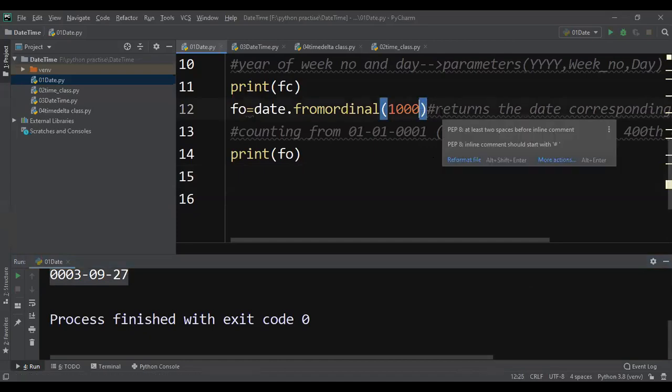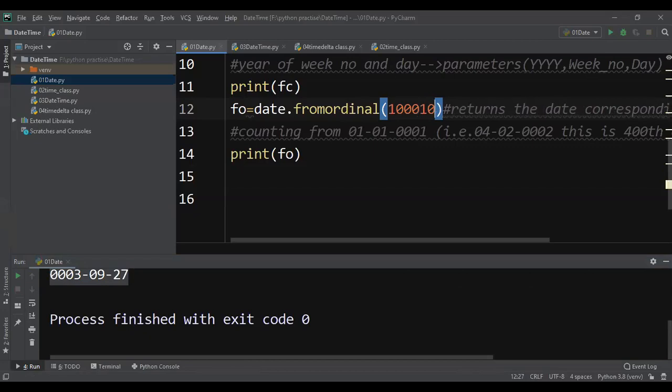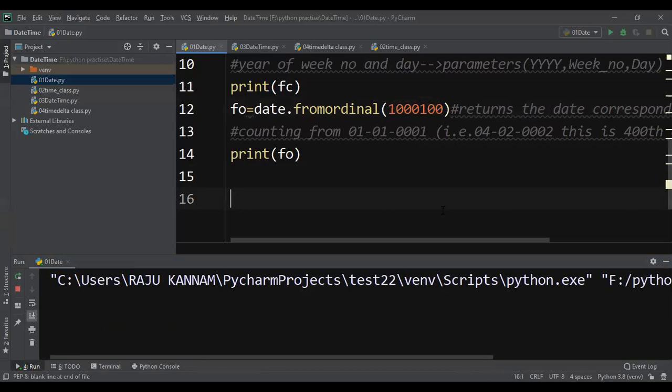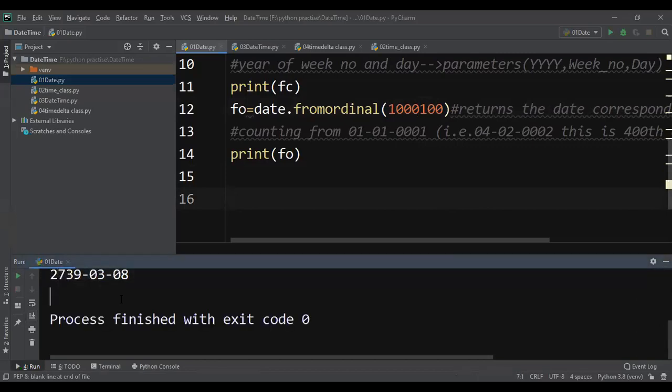So that means you can calculate the date corresponding to any number, right? So now 100 means it is 8th March 2739, right? So that means now of course in the 4th class we will find out the number of days, how many days over from the ordinal date.